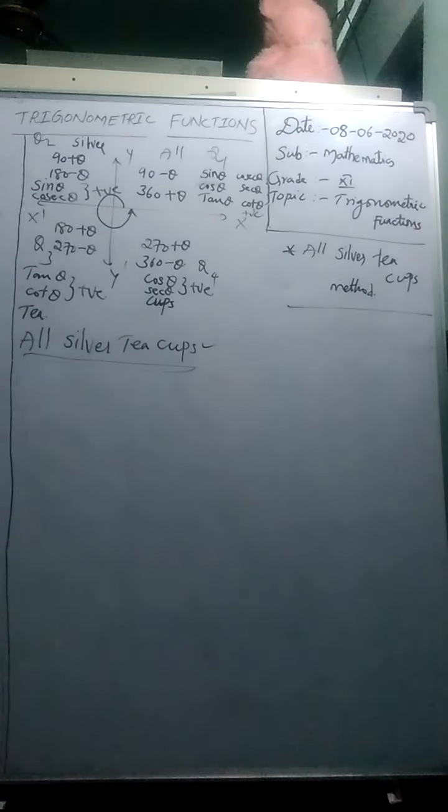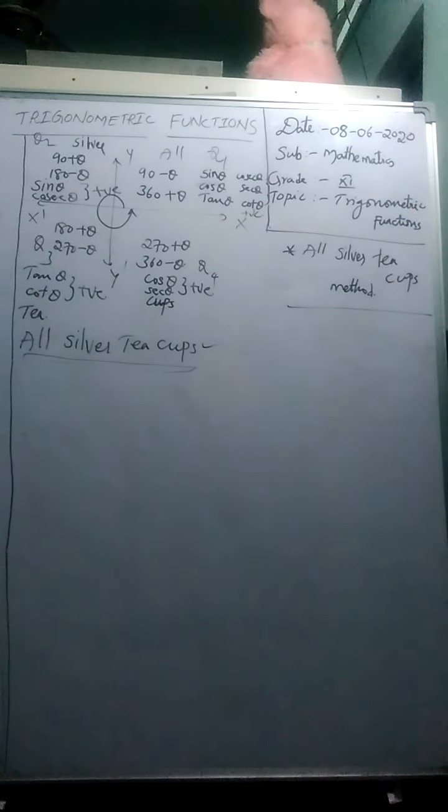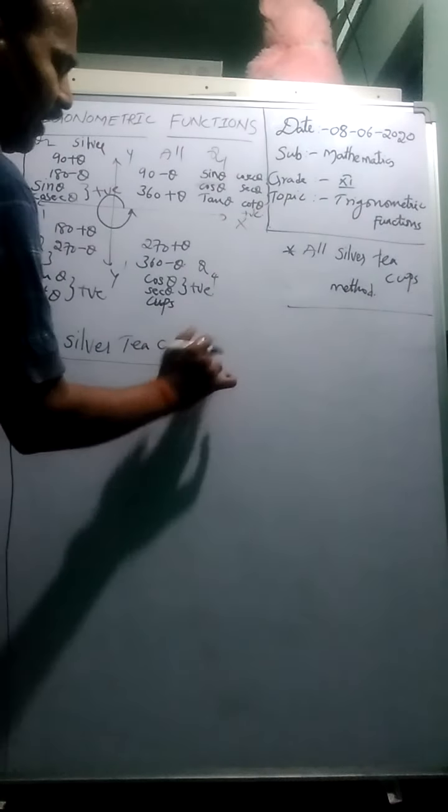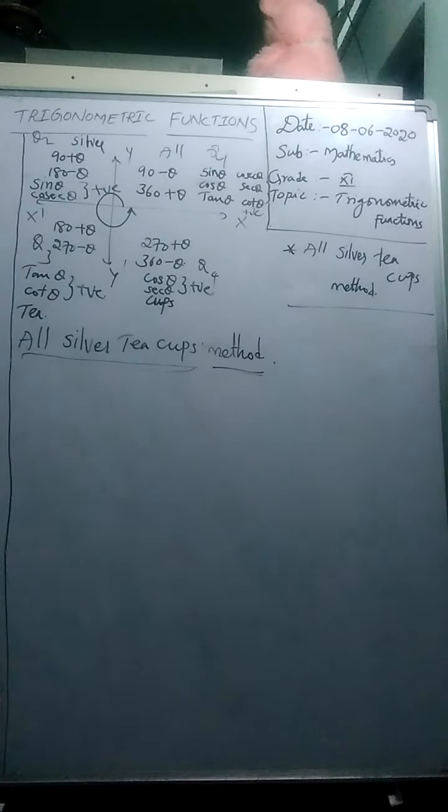But in grade 10, in the previous class, you learned only about acute angles. In an acute angle, everything is positive, where they belong to the first quadrant. Now in this class, in higher classes, you learn about Q2, Q3, Q4 also. That is why this method is very useful to find the sign of trigonometric ratios depending on the quadrant mentioned.